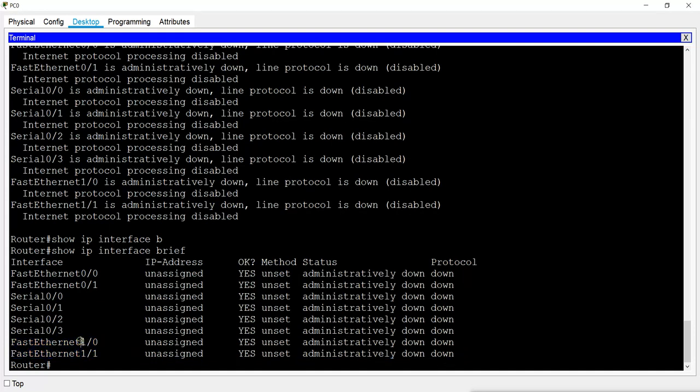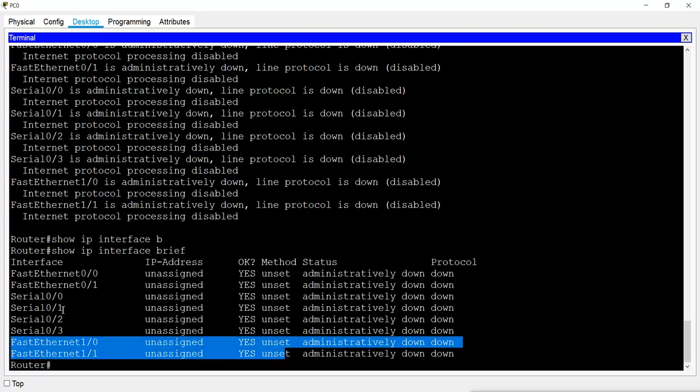This slash, this one is for the slot. It is not for the router, it is for the slot. And then this is for the interface name number. That means in slot 1 I added port 0, then again in slot 1 we have port 1. In the same slot we have these two ports.